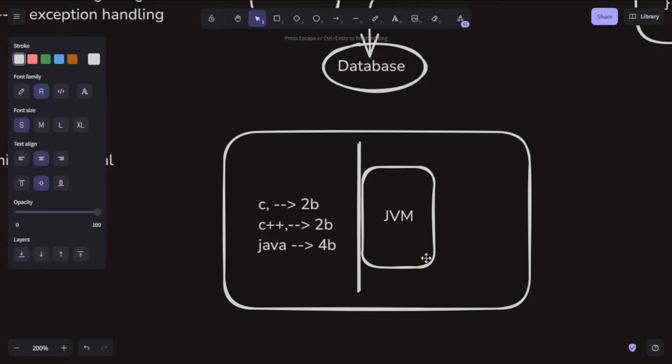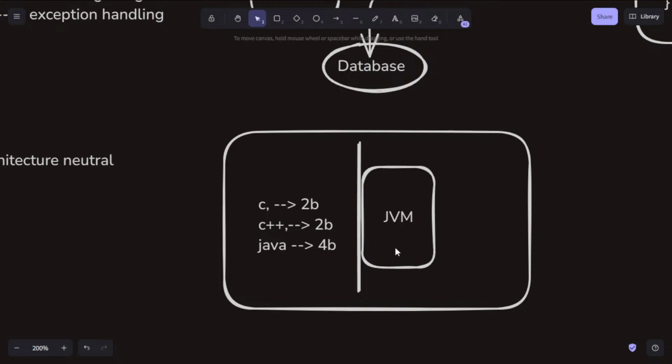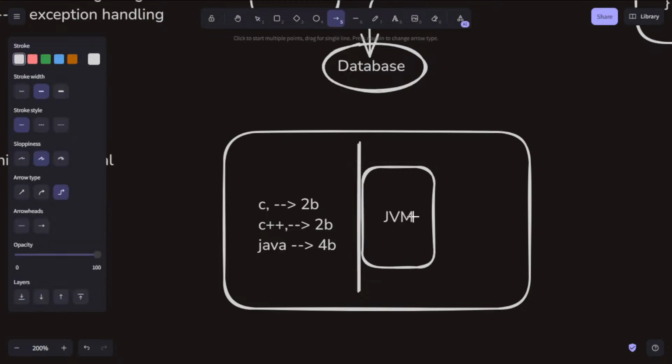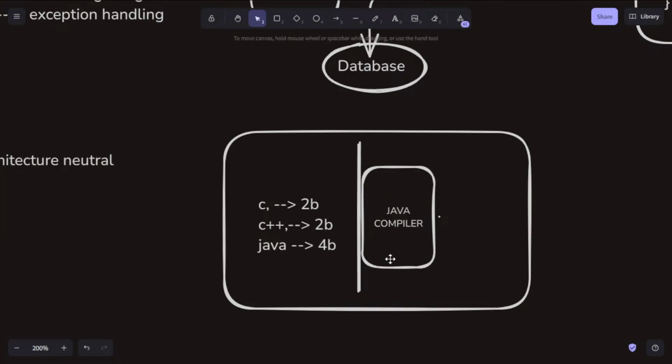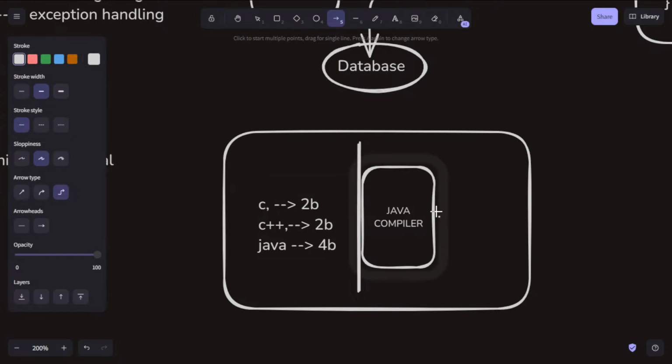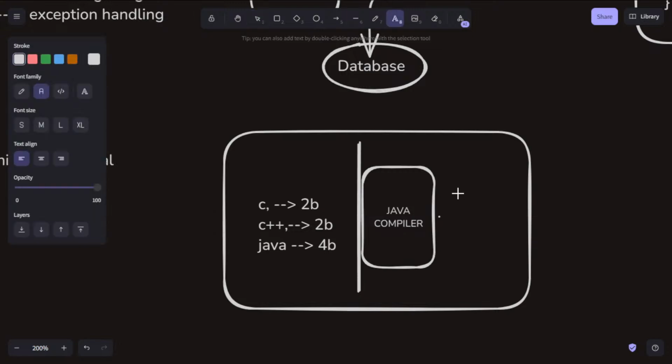That's why we are using the Java compiler, not JVM, to make all this code into the same bytecode type. It means every integer of Java after compilation takes 4 bytes only.